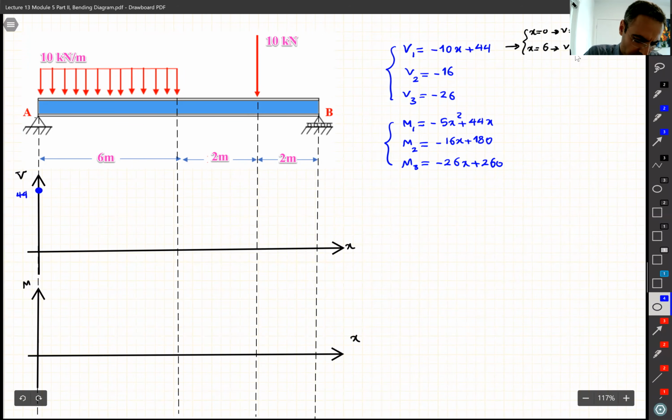Are you guys with me? Please let me know if you cannot follow at any point. So this point is minus 16. And these two are connected by a line because that's the equation of a line. So from there, I'm coming down there. And by the way, we can also,